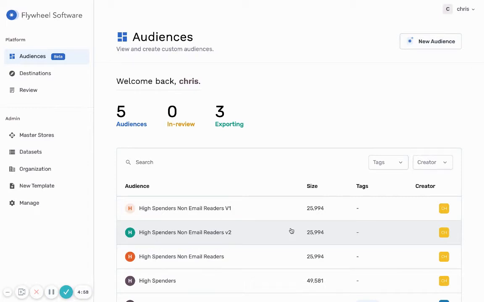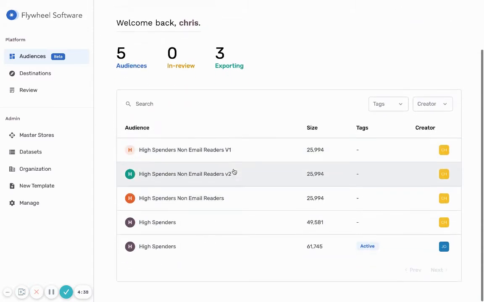I'm excited to show you how you can get your data from BigQuery to Facebook ads in under 5 minutes. So what you're seeing here is the main audiences hub within Flywheel's interface. And what you can see is all of the customer segments that I've created on BigQuery all in one spot. So you can see I've created 5 audiences and 3 are actually exporting, and you can see a list of